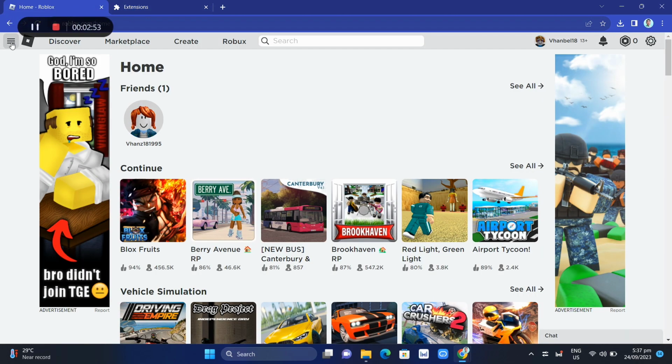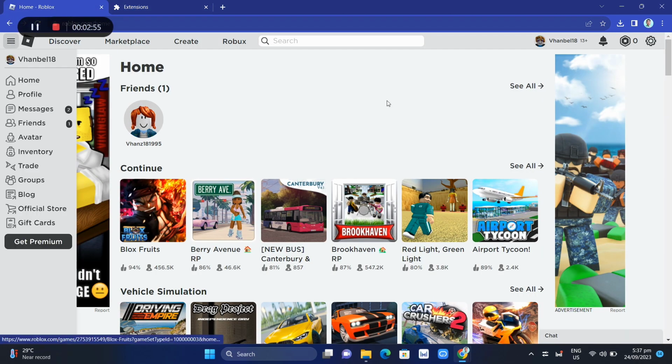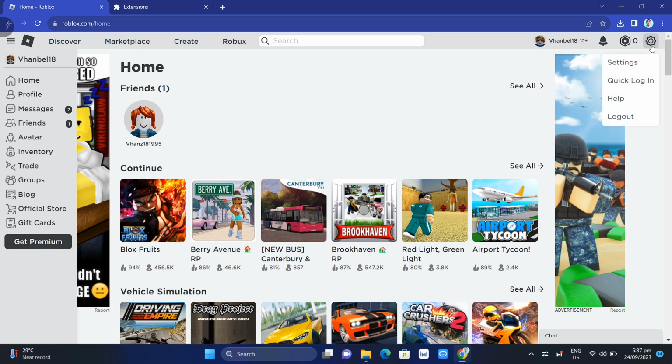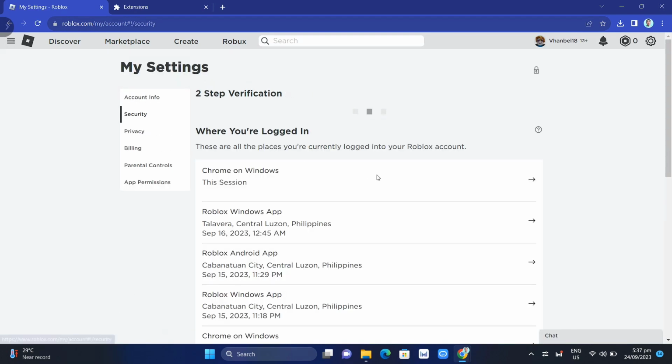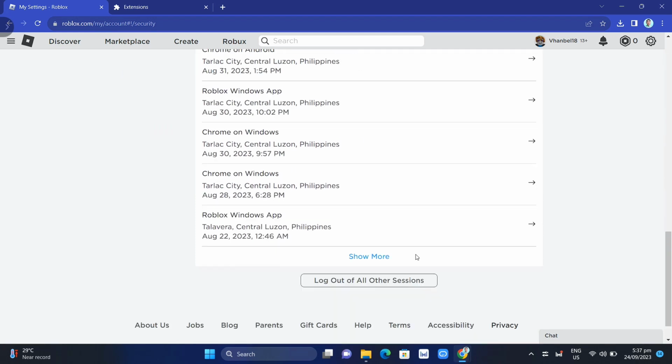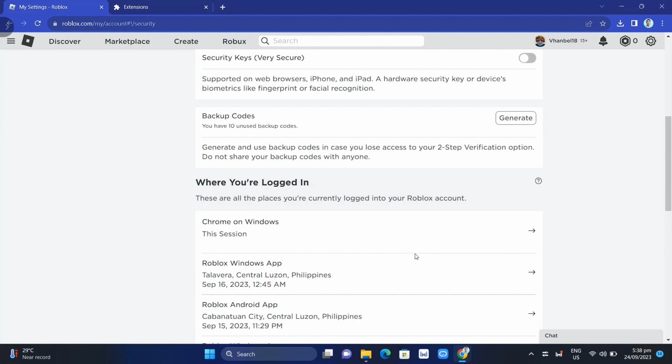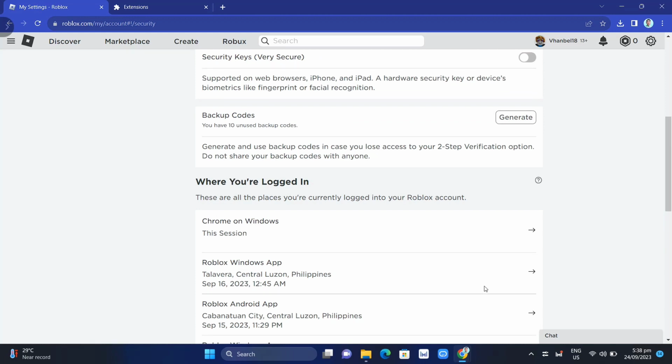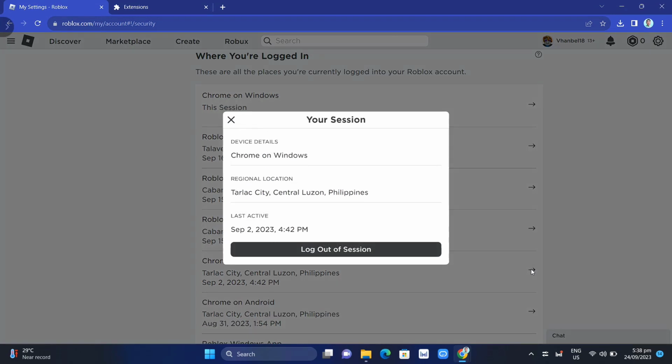Now the fifth method here is to log out of all devices. Go here on the Roblox homepage, then click on Settings. And then go to your security option. And here you can actually log out of all sessions. So you just need to choose here, for example, click on the arrow icon and then click on